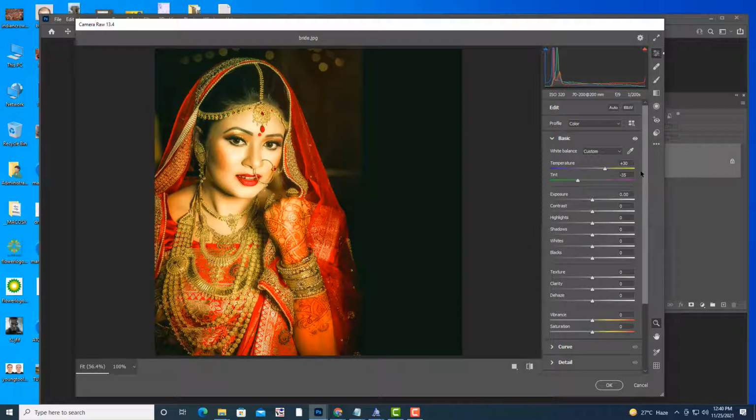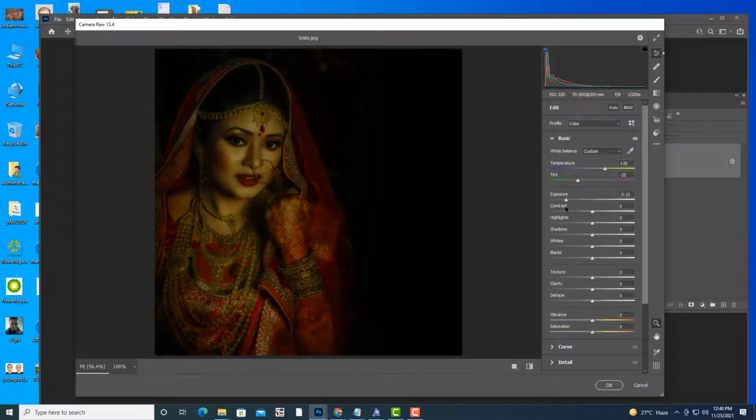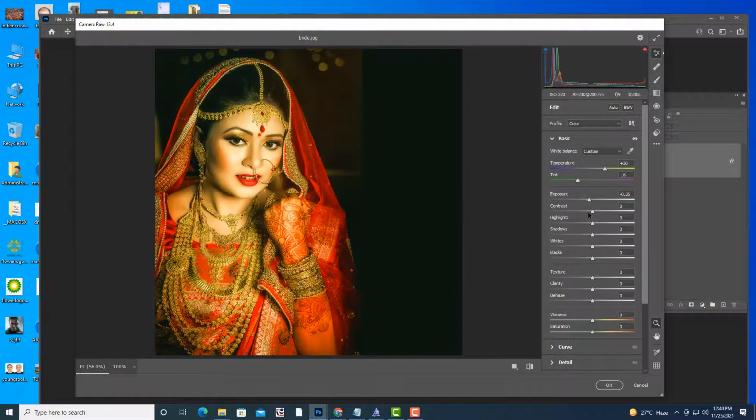What is exposure? Exposure means how much brightness. If you increase the exposure, it becomes very bright, like an afternoon shot. And if you reduce the exposure, it becomes very dark. If you want an afternoon scene, you have to increase the exposure.